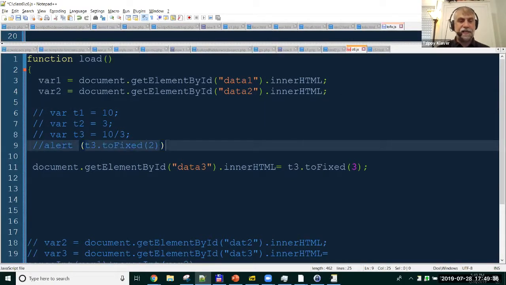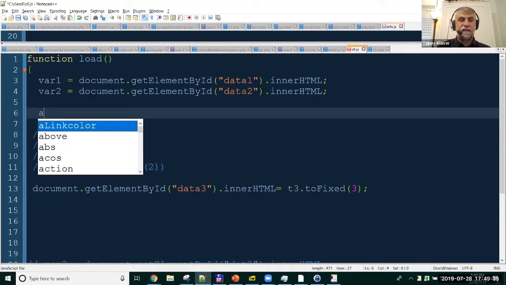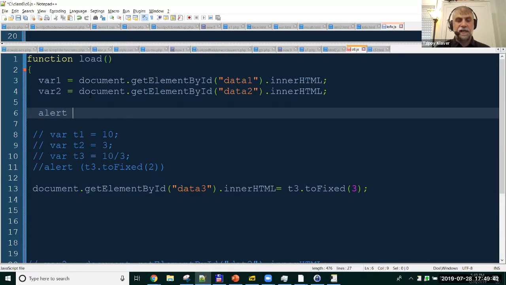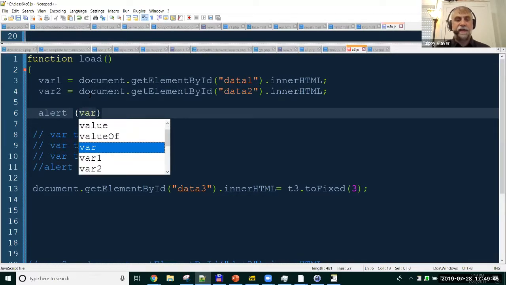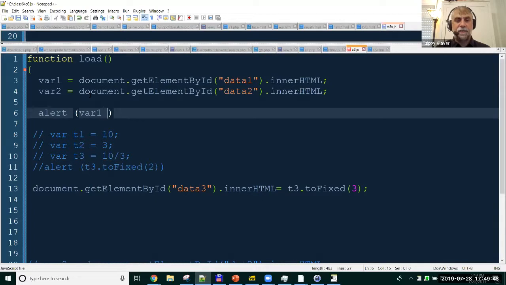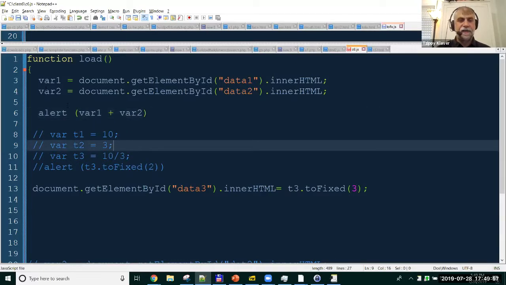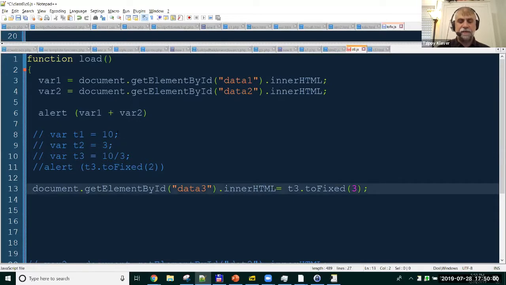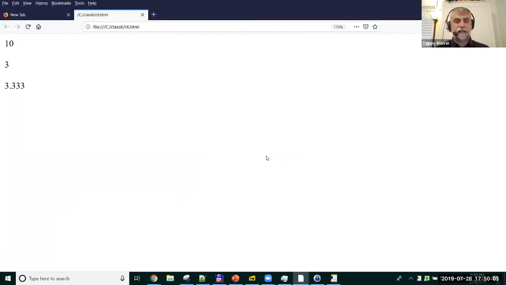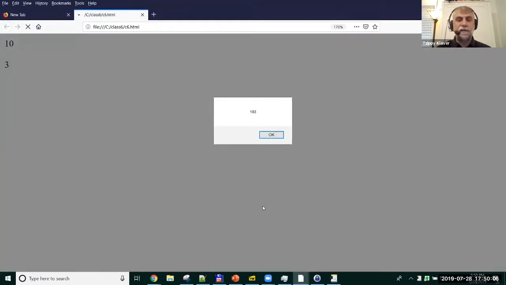But this time, instead of doing that, I'm going to say alert var1, right? Let me first do plus var2. Let's see what we get here. I'm going to get rid of this right now because I'm going to run this, and we'll see we get the number 103. Well, that doesn't look quite right now, does it? If I add 10 and 3, it should be 13. It should not be